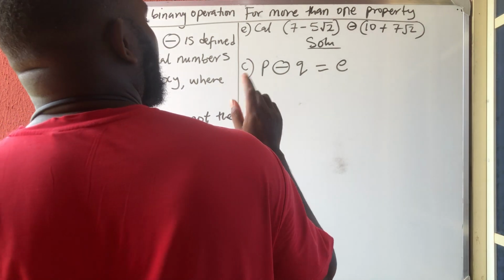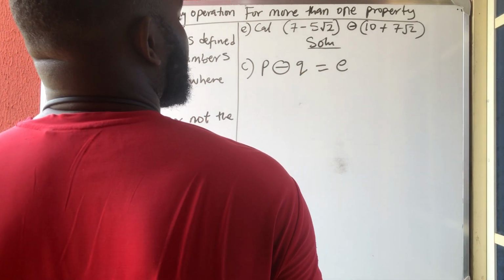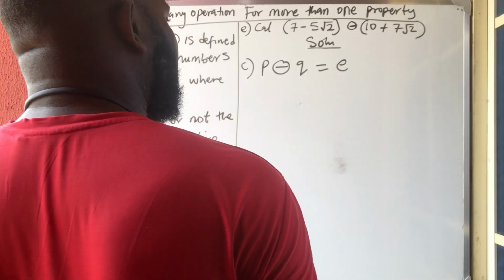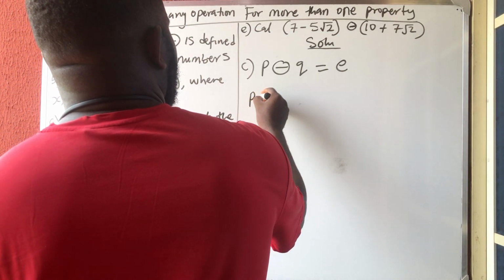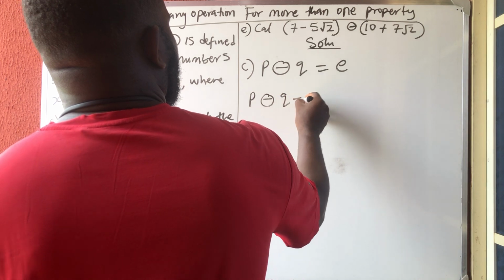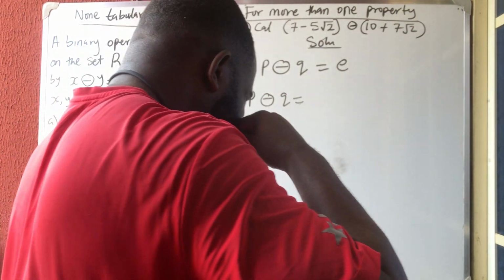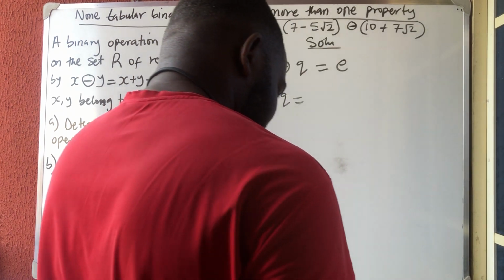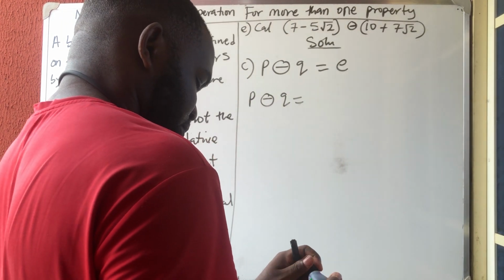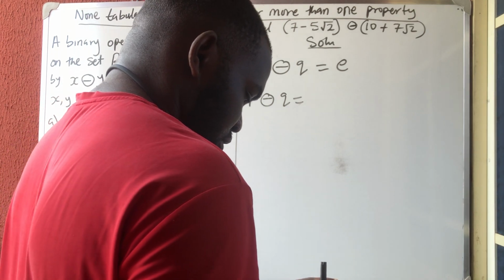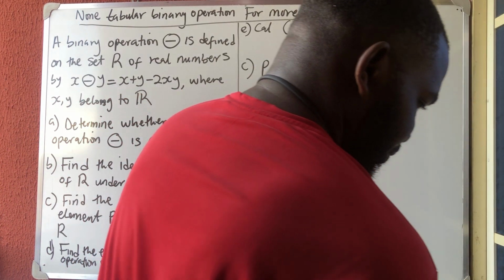Then we will conclude that this Q is the inverse of P. So let us do that now. If P operates on Q, the answer I'm going to get is